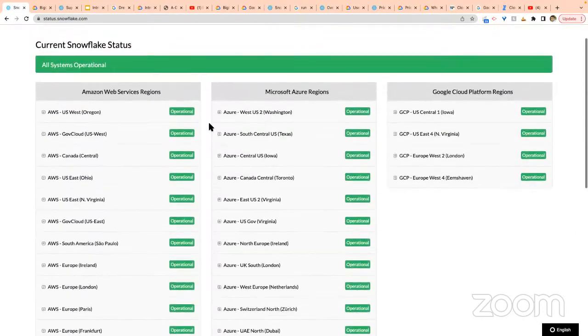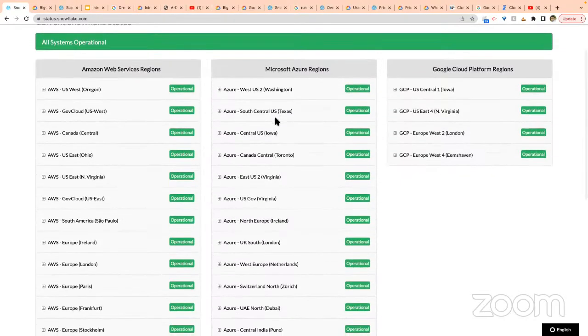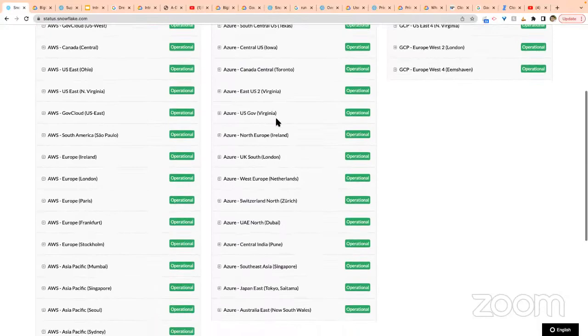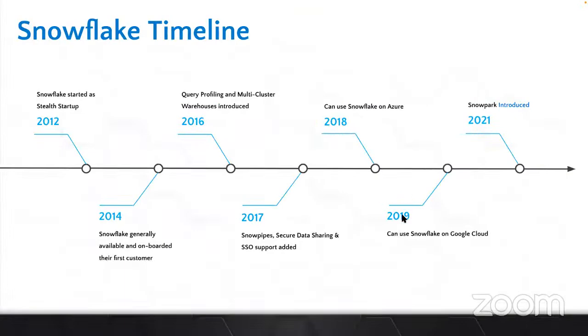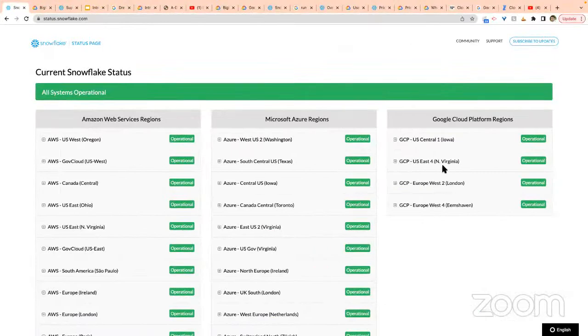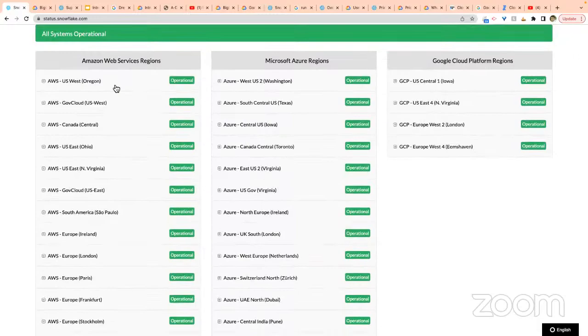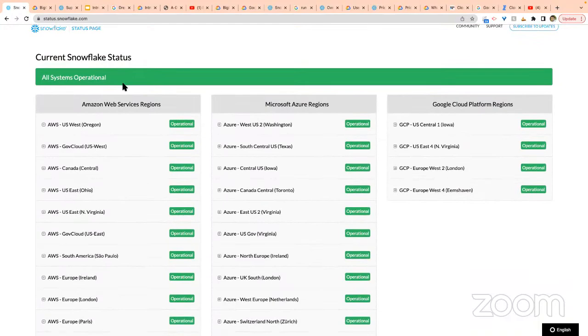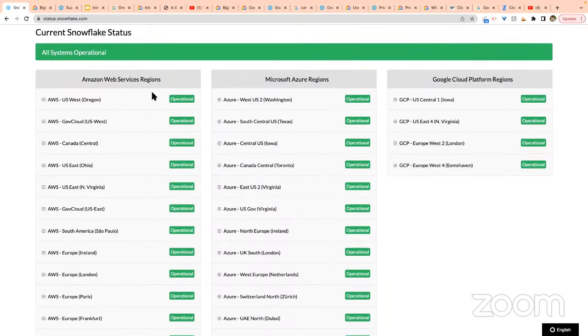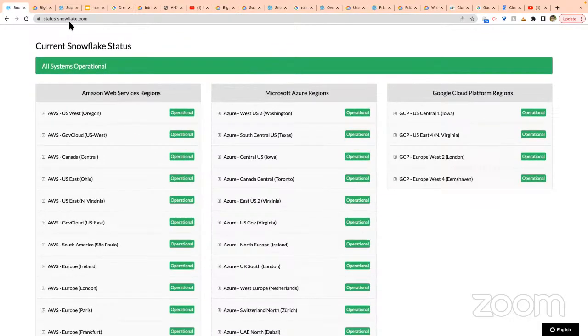And if you are working with Microsoft Azure and want to use Snowflake with it, then these are the regions which are supported. In 2019, when Google Cloud was introduced, this was comparatively a newer development, so there are only 4 regions in GCP. But since AWS is there since inception, there are so many regions supported for Snowflake. This is one important piece of information I wanted to share. This way, you can also see whether the service is running or not. So this is an interesting and important link.